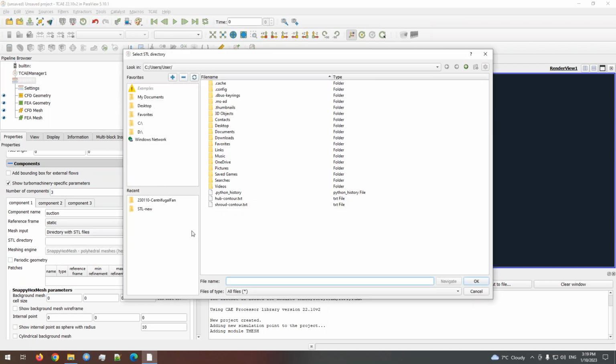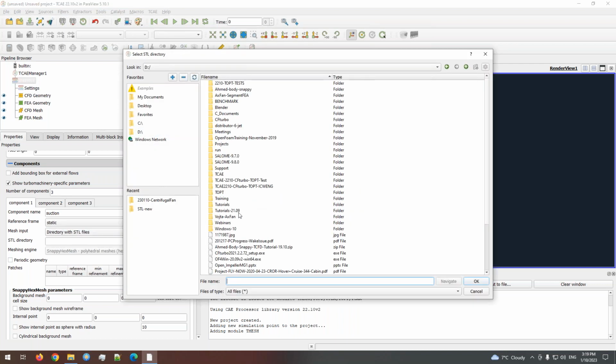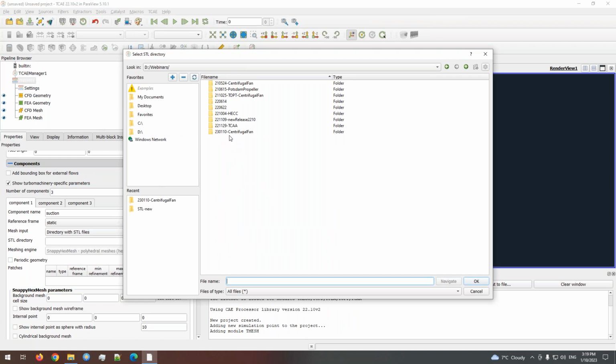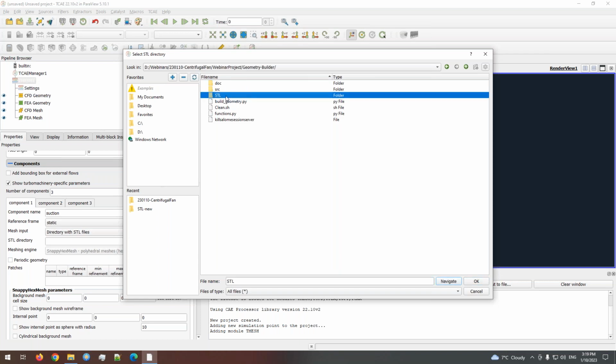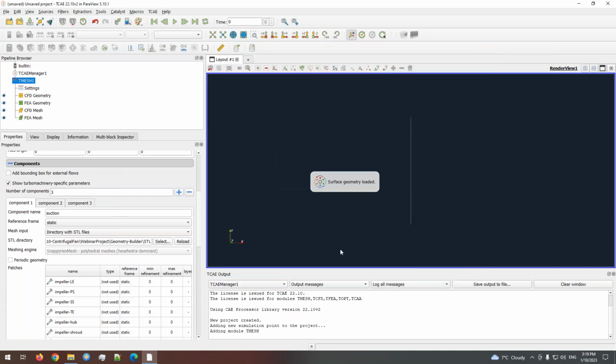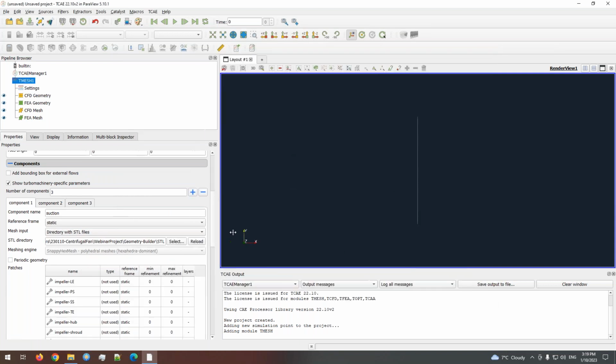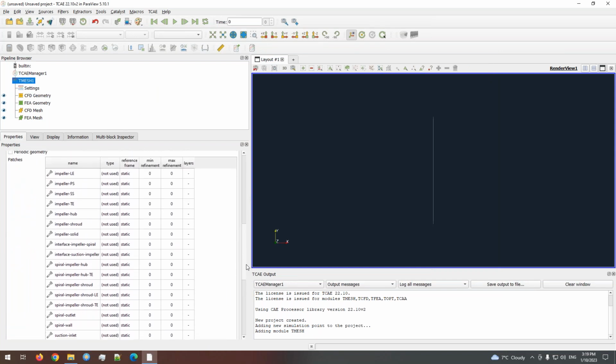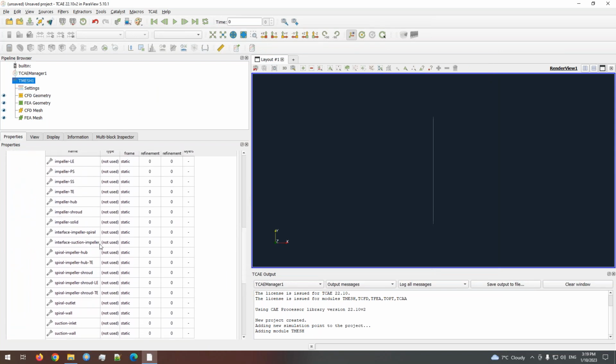Now I will select the directory with the external geometry. So I will locate my working directory, which is here, my webinar project, into the geometry builder. In any loop of the regeneration of the geometry, the geometry builder will give me new STLs directly here into this STL directory. So I will load this STL directory,